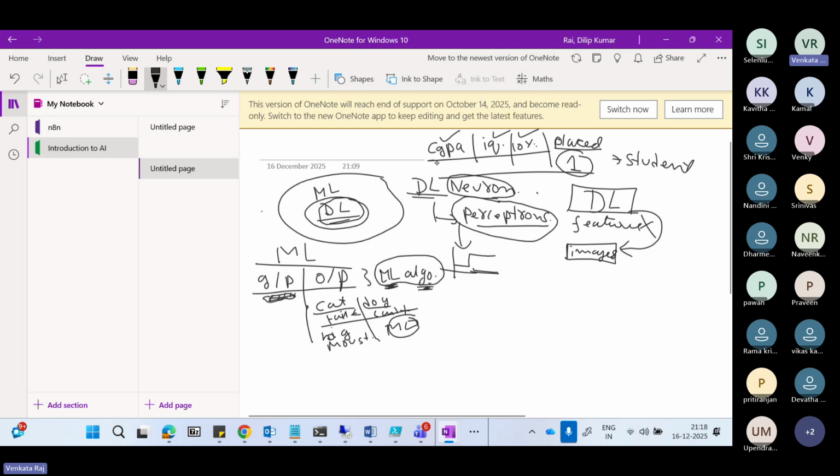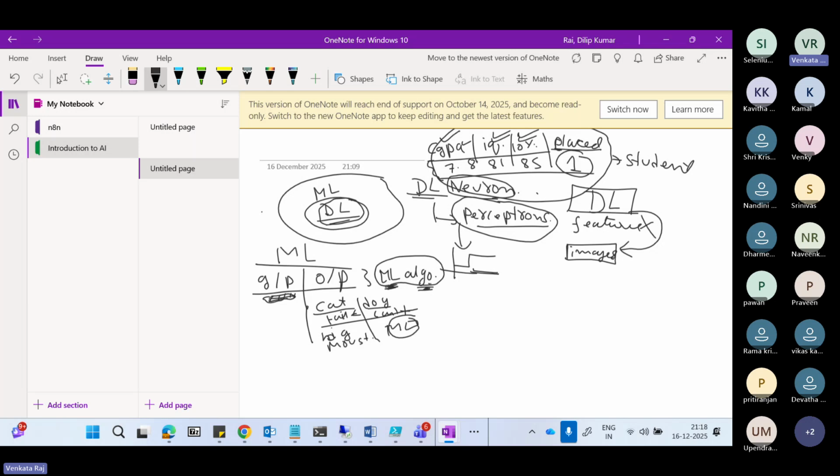Okay, these are the features of that student. We'll give the CGPA, IQ, 10th percentage, and whether he is placed or not. These input data will be fed to the machine learning algorithm. Based on these features, it will try to draw a relationship between the features and the placement scenario. Whenever it gets new input data, it will predict whether the new student will get placed or not in the future.